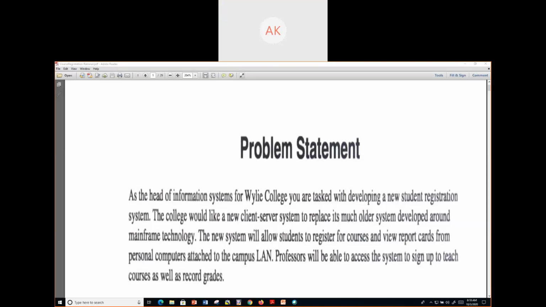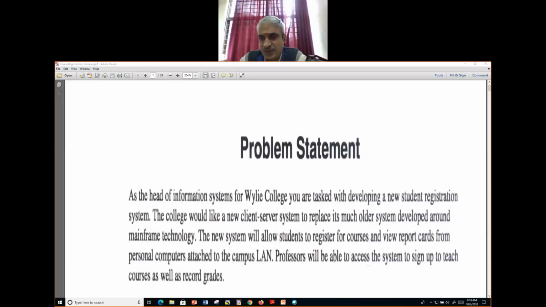Then we will read the next one. Professor will be able to access the system to sign up to teach course as well as record grades. Identify actor and use cases. Arpita, now it is your turn. Professor is an actor, correct. Then access, use cases.